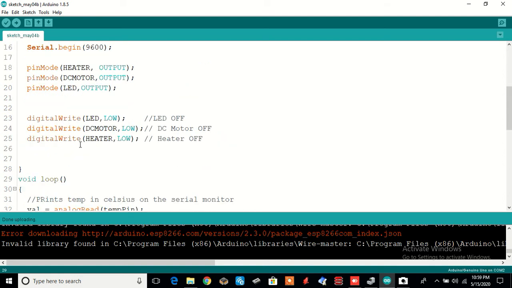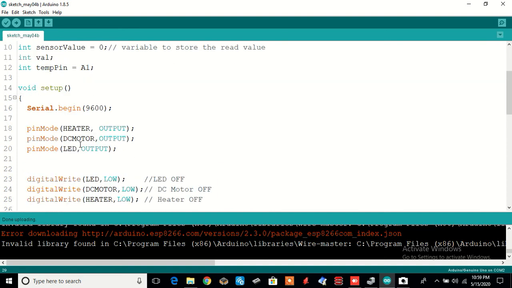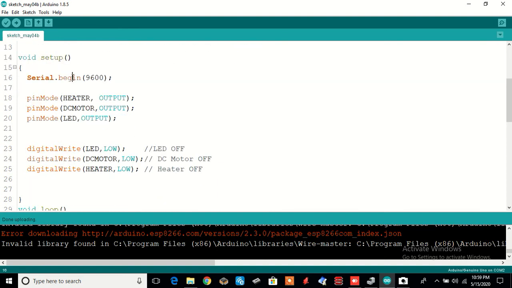So to begin with, in void setup, we have initialized the serial port, because the data, whatever is happening inside the microcontroller, we would like to see remotely. So the data is coming through the serial port. So the serial port we have to initialize, and the 9600 we mention in the bracket is the rate of communication. Between the transmitter and receiver, the baud rate, that is the rate of communication, should be pre-decided. You cannot have two different baud rates between the transmitter and receiver. It's not a choice, it is fixed.